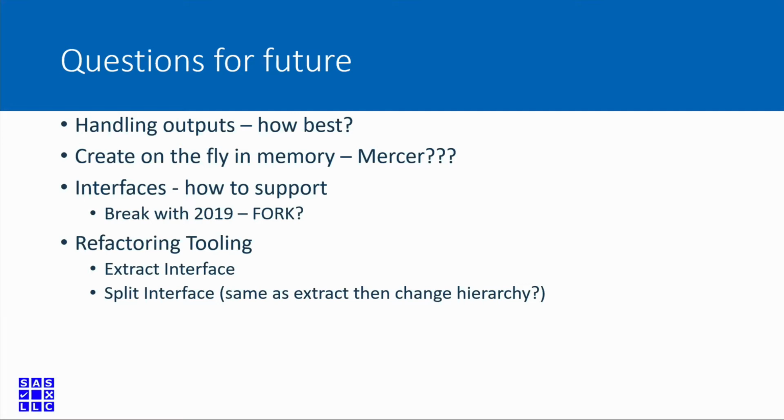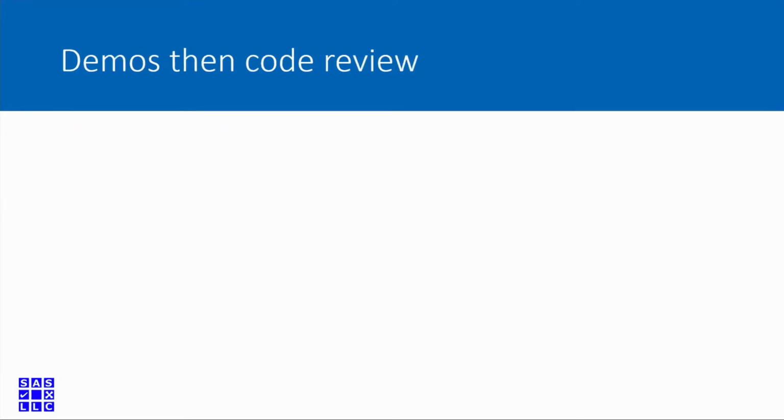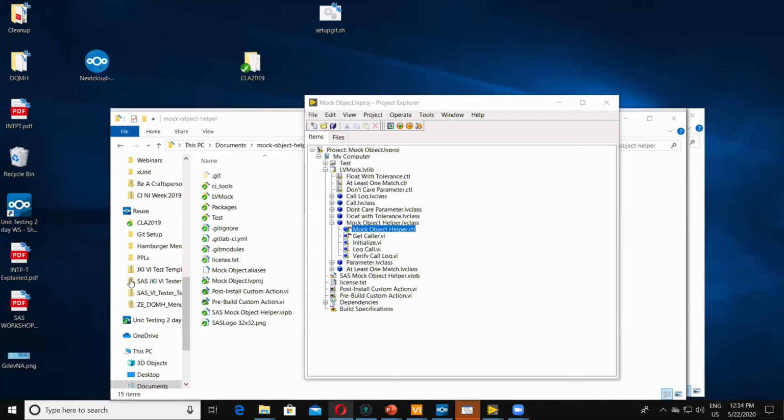And then also just some refactoring tooling, because I feel like part of the TDD cycle is doing refactoring. And so it'd be really useful to have some tooling to extract an interface, right? So if you've got a class, say, hey, take these 4 or 5 methods and create an interface for them. And maybe to split an interface, if you've got an interface that's got like 10, 15 methods, you could say, make this 2 separate interfaces. So that's just some of the stuff that I'm thinking about. So we will come back to those questions at the end, and maybe once people see what I'm doing.